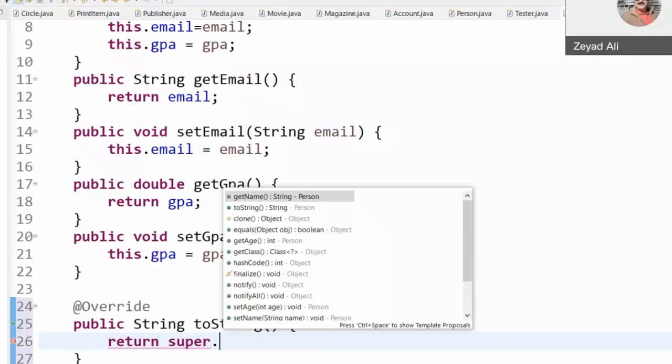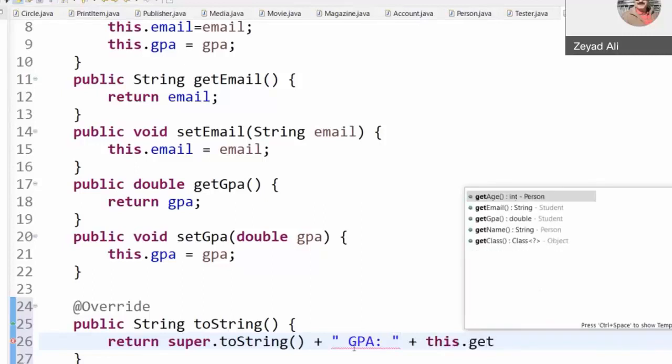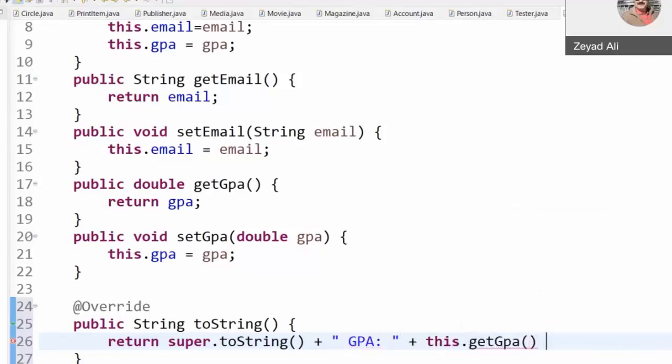So when you say super toString, give me everything from my superclass, which is Person, plus I need to add to it, for example, GPA and email. This dot get GPA and plus email, for example, here.